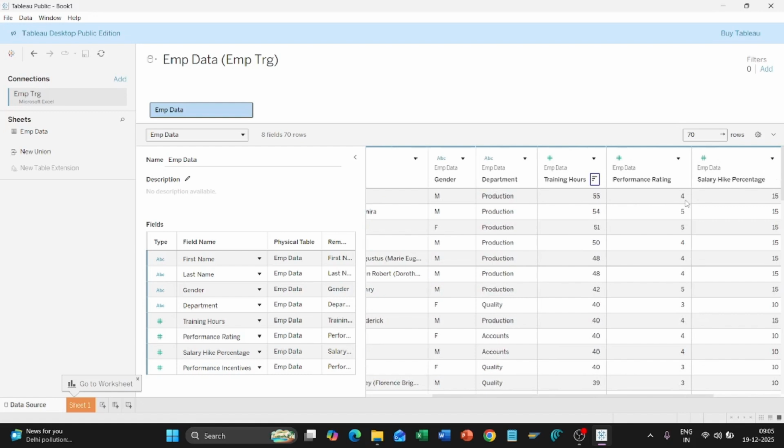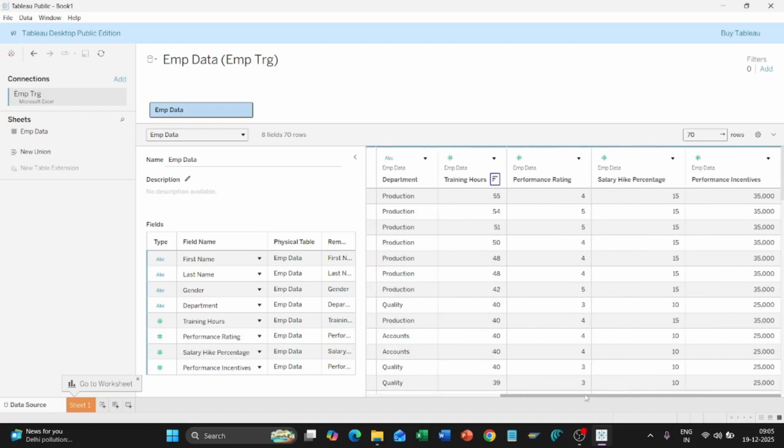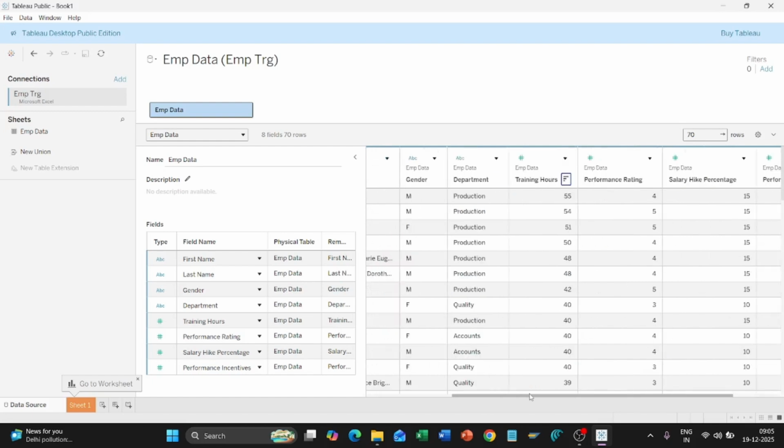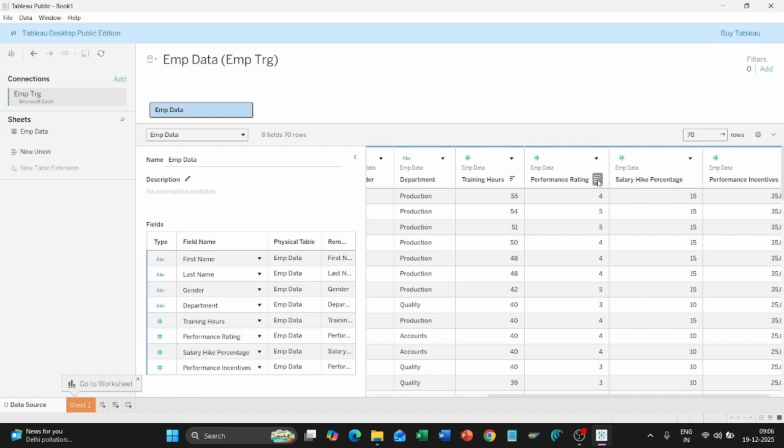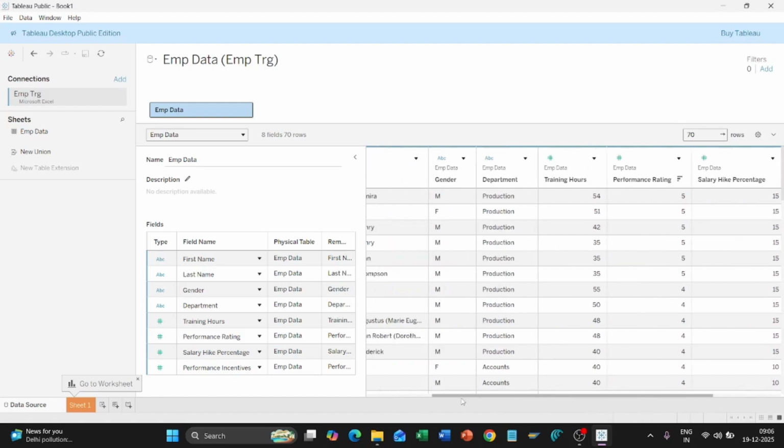Scroll to the left. You can use this scroll bar to see the ratings also. Click here, you see now lowest is 2. Again click on this button, highest is 5. After having checked the table, you can